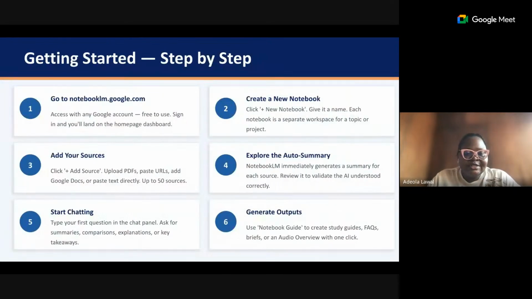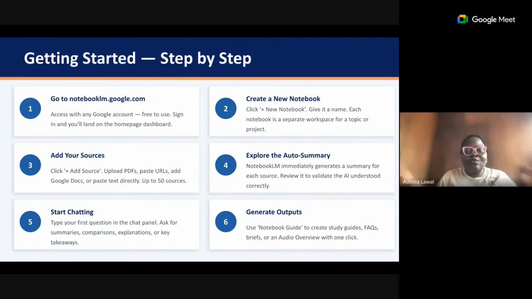Then how to get started. Firstly, I would love everyone to open it from your system. Please go to NotebookLM. And the beautiful part of this is, it's free, right? What you just have to do is, how do you get started? Firstly, you have to have a Gmail or a Google account. Let's say you have a Google account majorly, maybe one used for your browser, one used for school mails or your own personal mail, right? Once you have any of them, you open your Chrome browser and you just launch